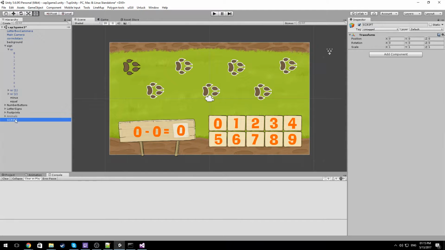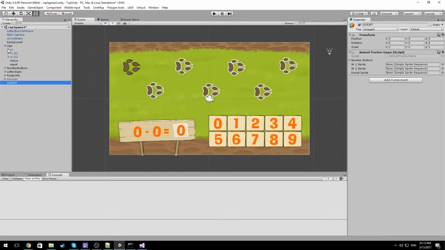So before we continue, we can add that here. There we go, we add it. And now we populate those fields. Okay, so this is number 1, number 2, and number 3. Okay,